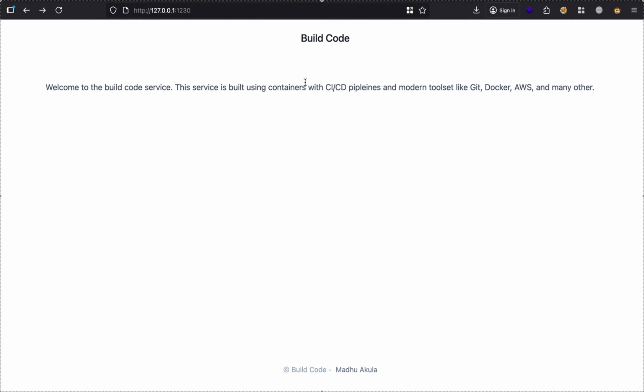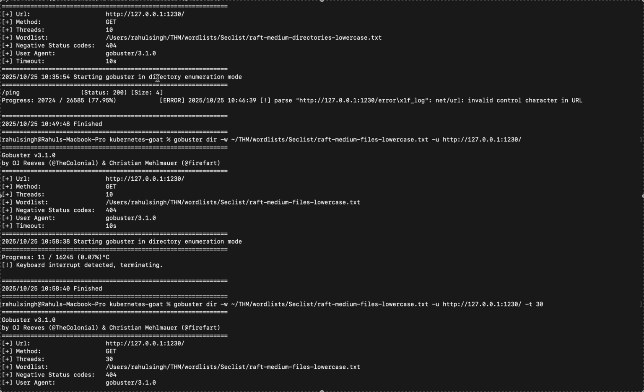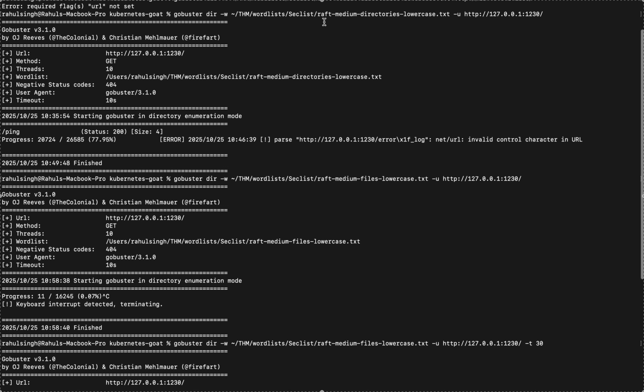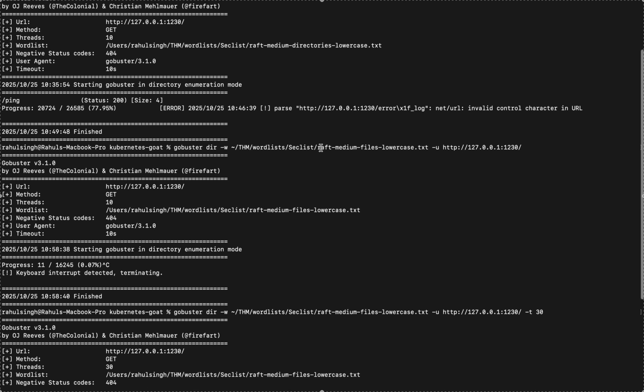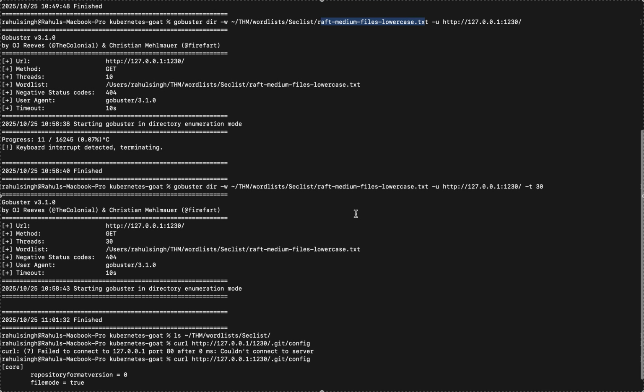Now, when it comes to secrets, one of the things that will definitely come to mind is directory brute forcing, looking for .env files and everything. So I have already done it. As you can see, I tried to run raft medium directories lowercase, medium files lowercase, and just about anything and everything. So let me do a curl